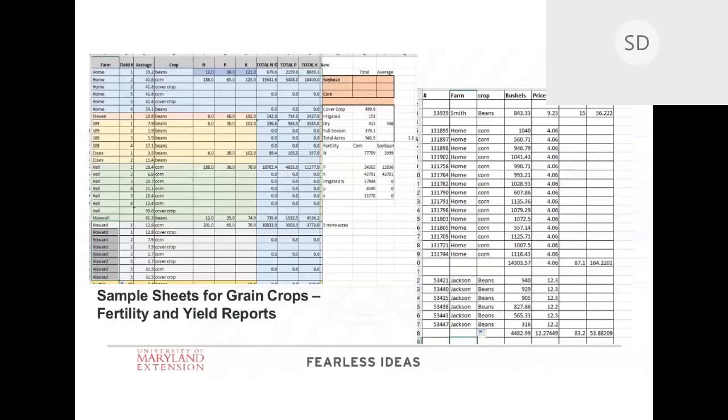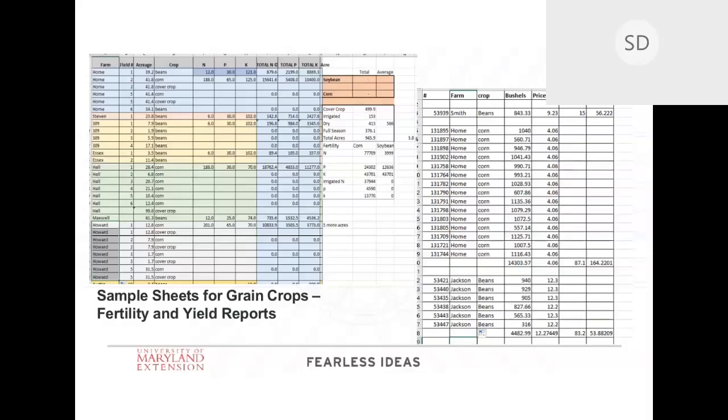This other example here is grain tickets. So up at the top, you have the grain ticket number, what farm it came off of, what crop it was, the number of bushels, the price, and then I have the acreage there. So then we can get, number one, yield, and then I can also run it and say, okay, what was the average price received for the crops? And so you can see how easy it would be just to type that in with your keypad and then make the totals here. So for fertility and yield reports, Excel makes it really easy.